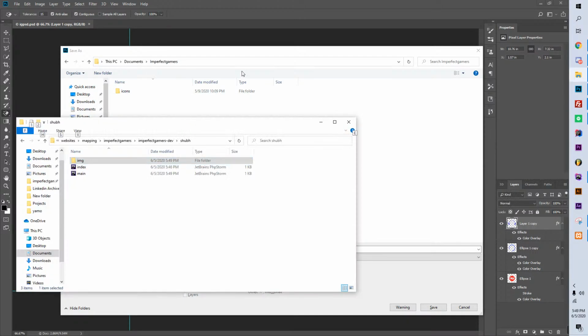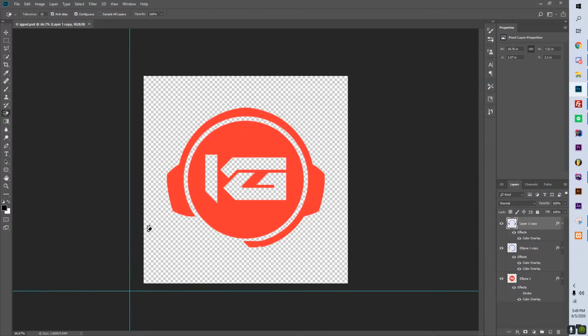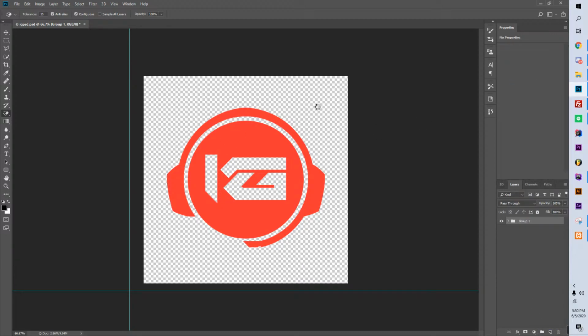Wait, hold on. Let me get the right one. So we're in here, images. We have the image. Okay, great, cool. Now what do we want? Let's say we make this isometric. How do we do that? We have to put this in Illustrator, but before we do that, we have to save this as an SVG,